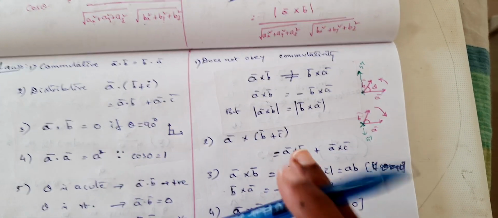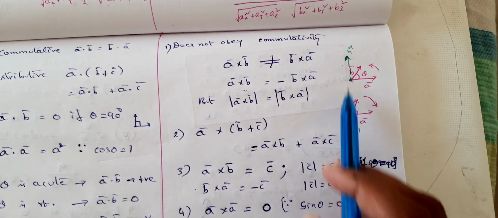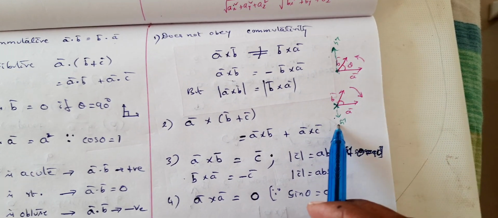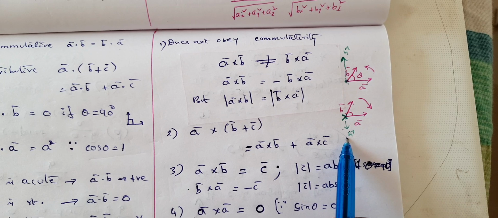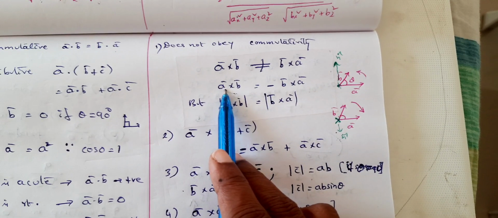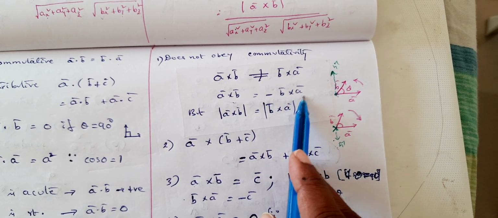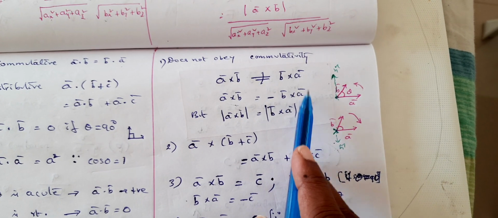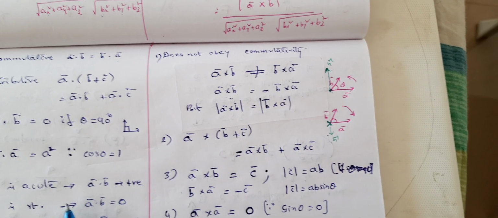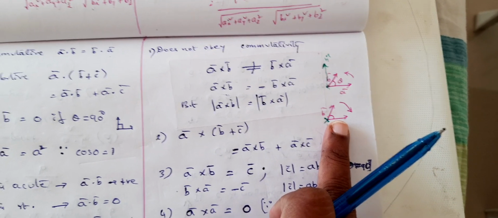So that means here you have of course a vector whose magnitude is same in these two cases, but see, directions are absolutely opposite. Thus you will get a negative vector. Each one is a negative of the other one. So a bar cross b bar is the negative vector of b bar cross a bar, or b bar cross a bar is a negative vector of a bar cross b bar. Thus there comes a minus sign here in between. So this is with the common sense and what physics says clearly, right?